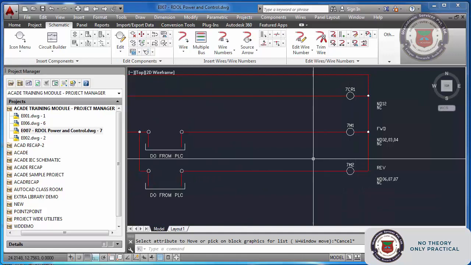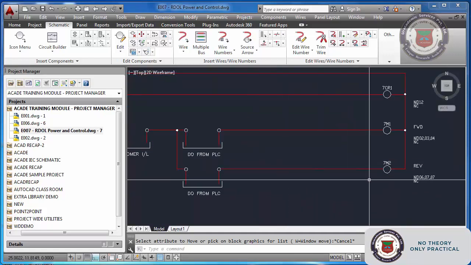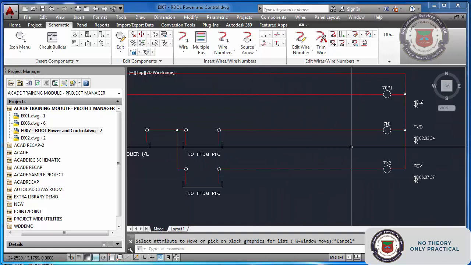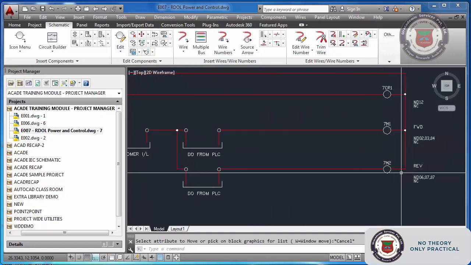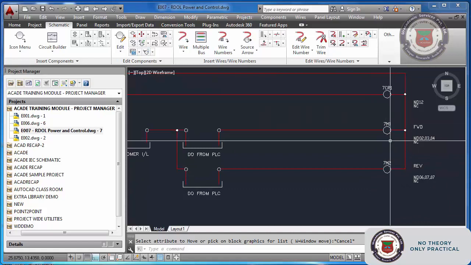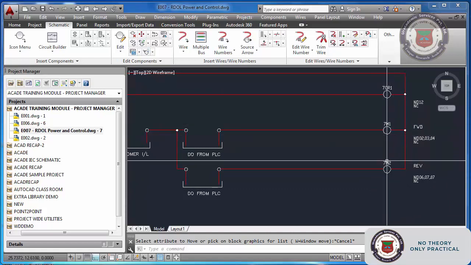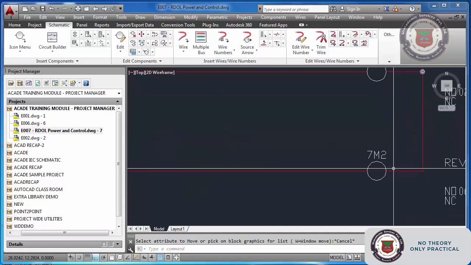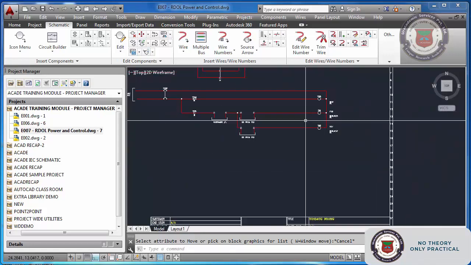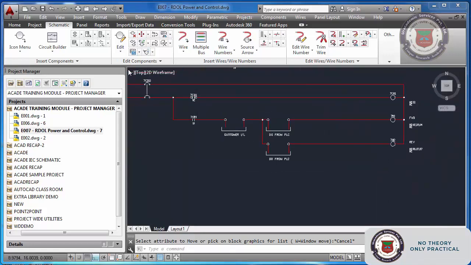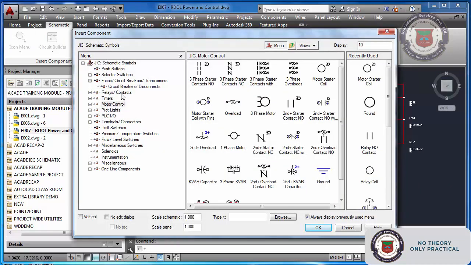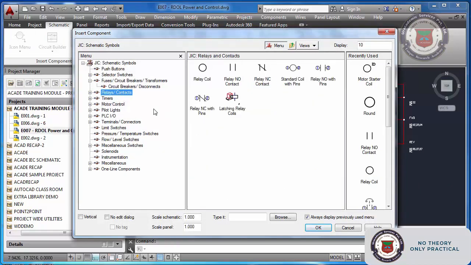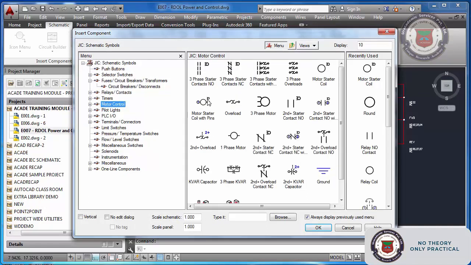So now this is over. Okay, 7m1, 7m2. Now what I want to do is put an interlocking between these two contactors, because when my 7m2 is on, 7m1 should not get on. So I will put an NC of this 7m2 here. What I will do: contactors, relation to contactors, motor control.